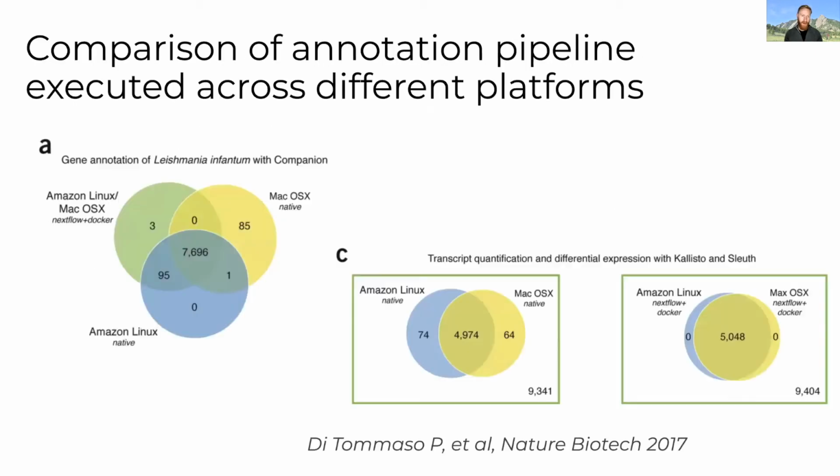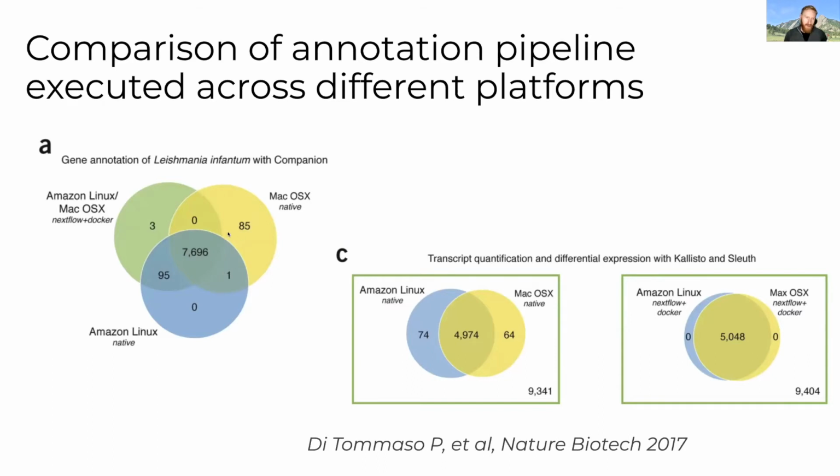An example of how results can change and how having such a fragile software stack makes some results irreproducible comes from the Nextflow publication itself. So the publication that you cite if you're using Nextflow is that they ran the same gene annotation pipeline on a few different operating systems. So this is a pipeline with the same software, the same versions of that software, but purely just on a different operating system. And you can see on the left here that we have